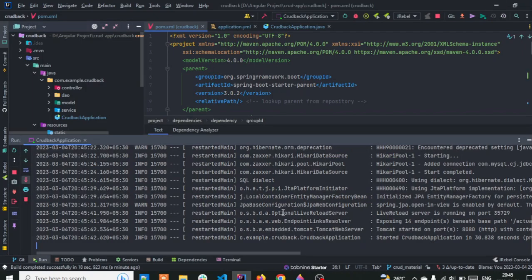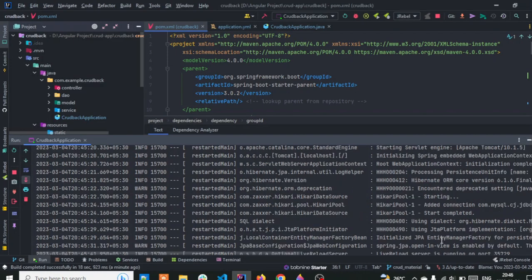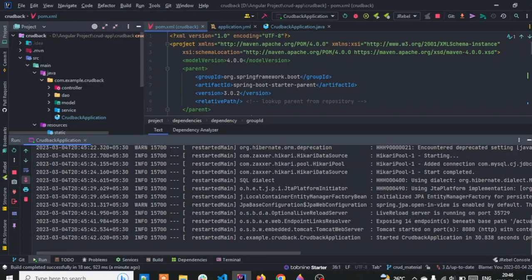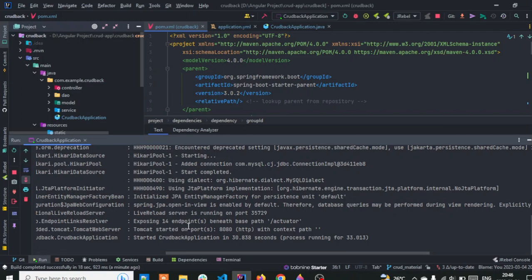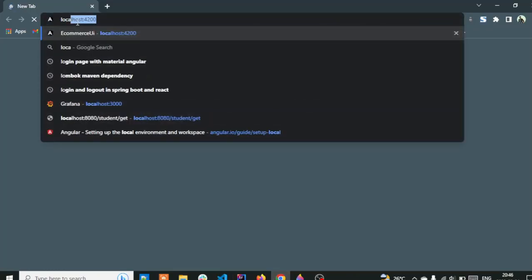Okay, the application I think is already running. So now let's see whether our application exposes the endpoints or not. In the console, you'll see one thing. Okay, it's exposing 1 endpoint beneath the base path. This one. So let's go to this base path, and since our application is running on 8080,